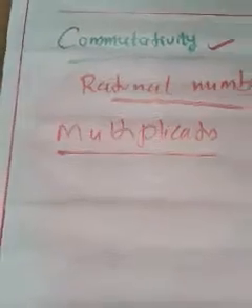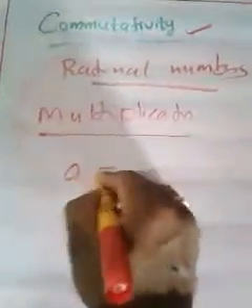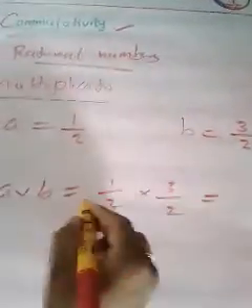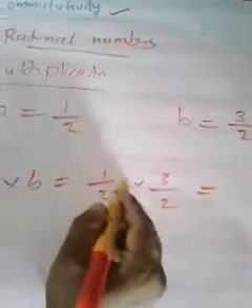In order to check in the case of multiplication, we need two rational numbers A and B, such that both should be rational, like 1 by 2 and 3 by 2. And can you calculate A into B? A into B is nothing but 1 by 2 into 3 by 2. Numerator multiply, denominator multiply. That is the rule of multiplication. 1 into 3 is 3, by 2 into 2 is 4.